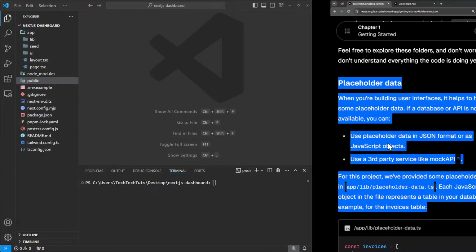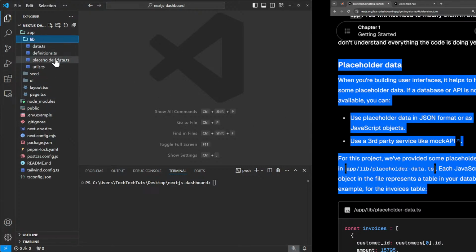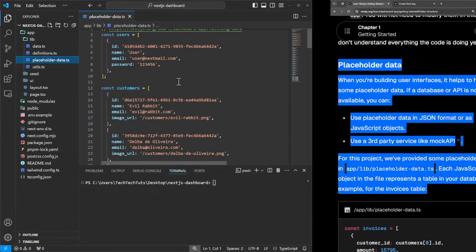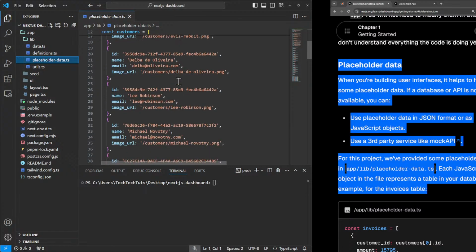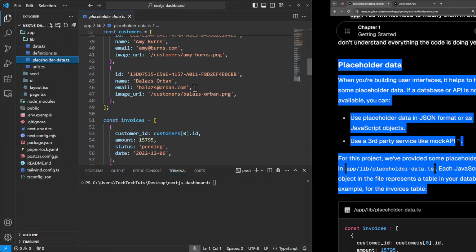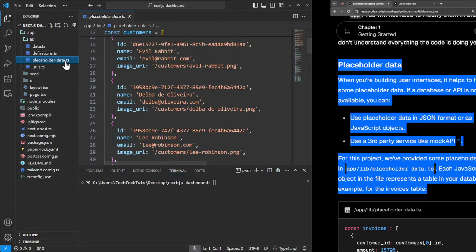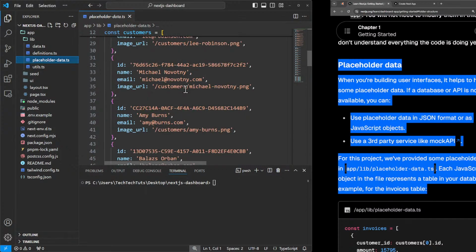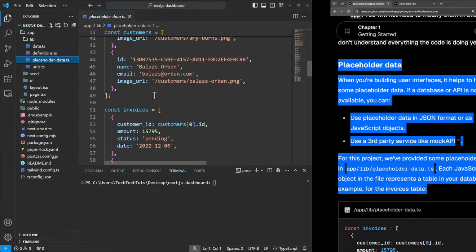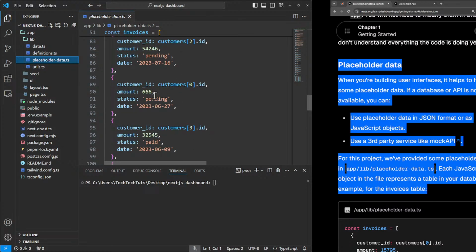Placeholder data. When you're building user interfaces, it helps to have some placeholder data. If a database or API is not yet available, you can use placeholder data in JSON format or as JavaScript objects, or use a third-party service like mockAPI. For this project, we provided some placeholder data in app/lib/placeholder-data.ts. Each JavaScript object in the file represents a table in your database. For example, for the invoices table,